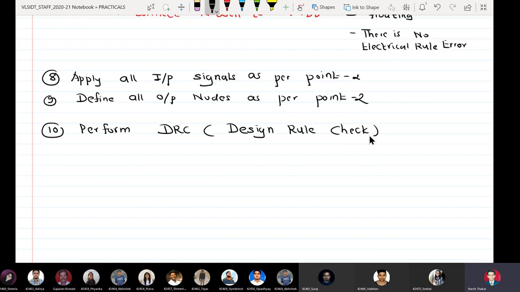Similarly here on the wafer also, there are minimum distances of separation which are defined. If a PMOS comes too close to an NMOS, there may be interference. So it is defined that the minimum distance between PMOS and NMOS should be so many lambda. Similarly, the distance between polysilicon layer and metal should be so much lambda. To ensure no crosstalk or interference, we have defined design rules, and the tool helps us check whether some design rules have been violated or not. The tool will not allow us to do simulation if our layout has design rule errors. So we have to perform a DRC.